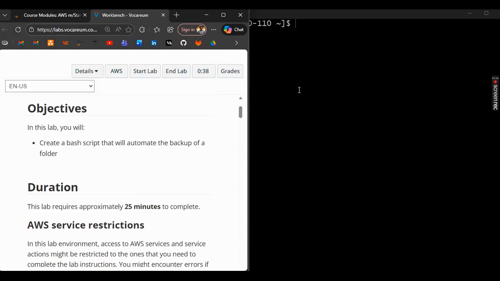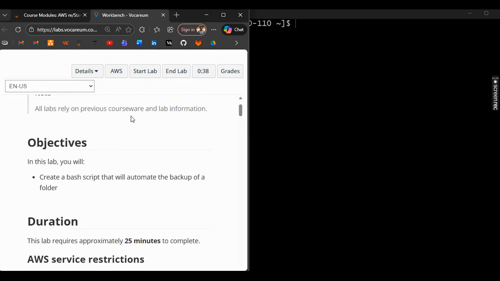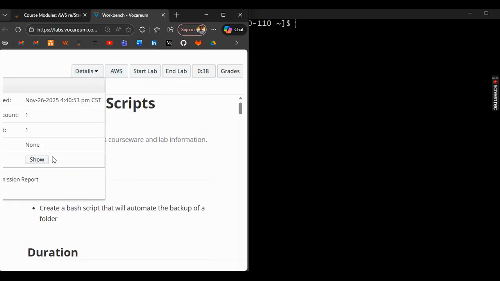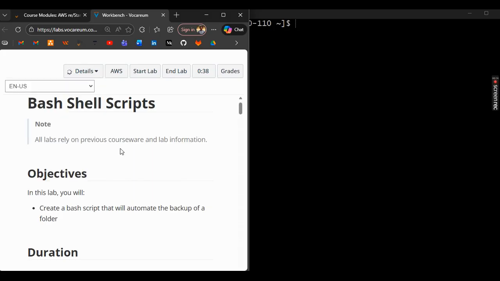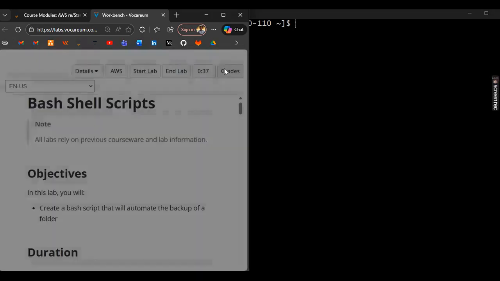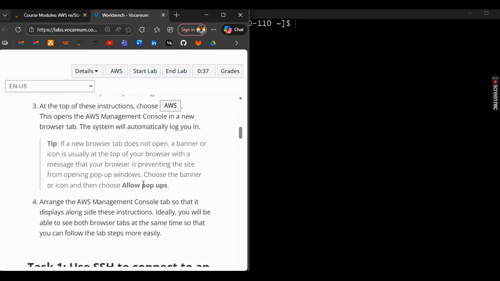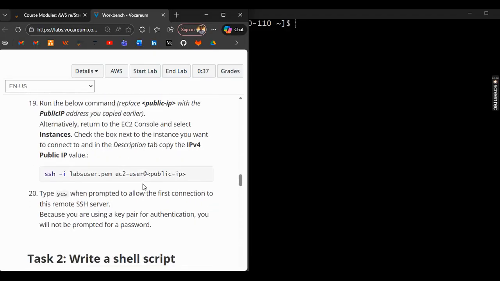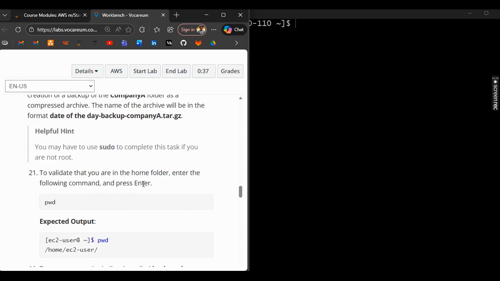So I have already SSH'd into my EC2 instance. If you've not done that, just come to details, come to show, and then you download your .pem. That's if you are using Linux, and PPK if you're on Windows. Then you copy your public IP, then you SSH into it. Right away, we want to create a Linux file, a bash script, to back up our